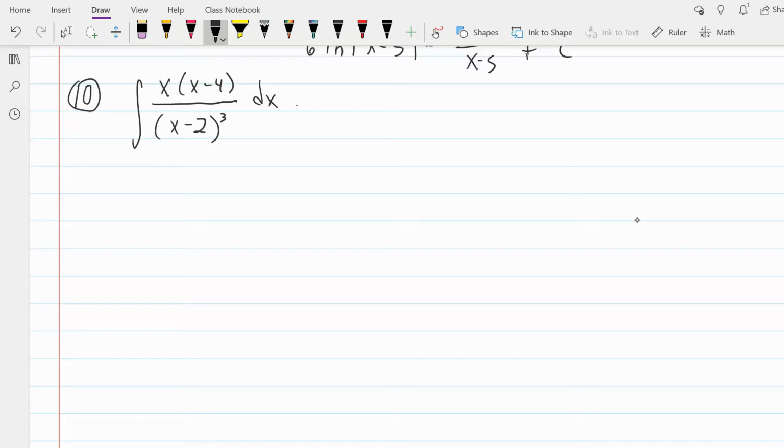So what I did first is I multiplied this x times everything in the parentheses. And when I did, that gave me x squared minus 4x. Okay? And then the denominator was x minus 2 cubed dx. And so I said to myself, it's probably going to be some type of natural log integral. It's got to be there because this is on natural logs. So what I did is I took my entire denominator as my u,